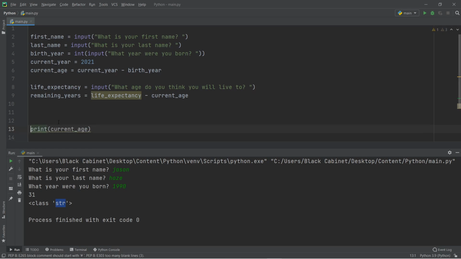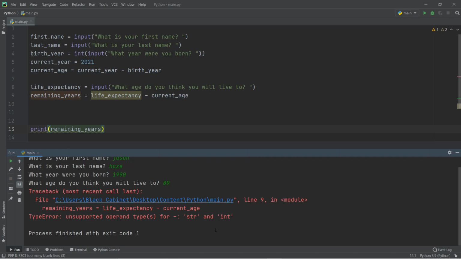So we can test that. We can change this to remaining years and let's run it. So Jason Haze, 1990, what age? Let's say 89. And we have another error. It should look common or like something we have dealt with before, and that is because life expectancy has been classed as a string,